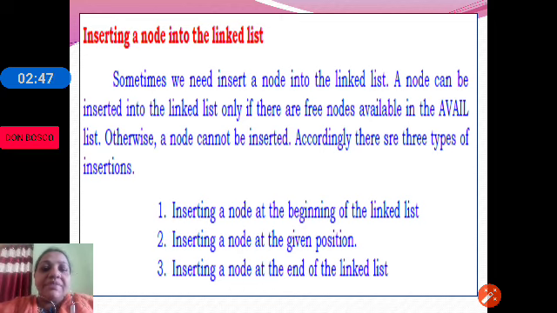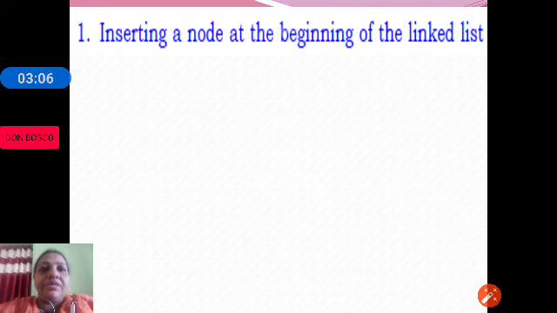Only if free space is available can we add a node. A node can be inserted at the beginning of the list, at a given position, and at the end of the list. Let us check out each one of them in detail along with the algorithm.